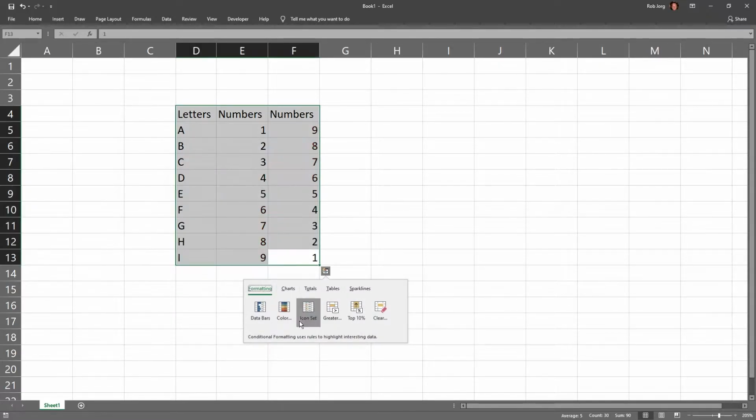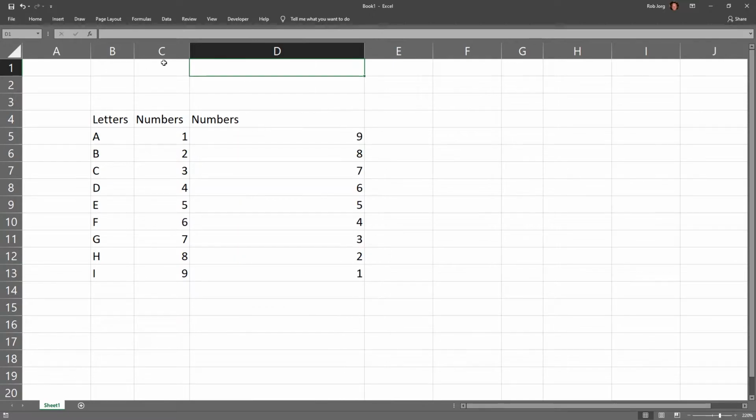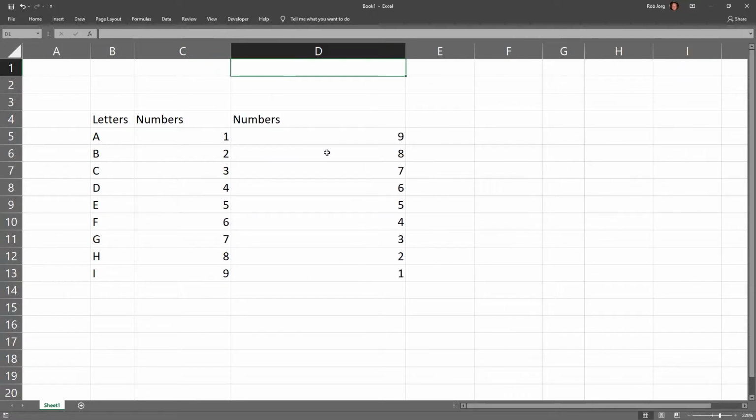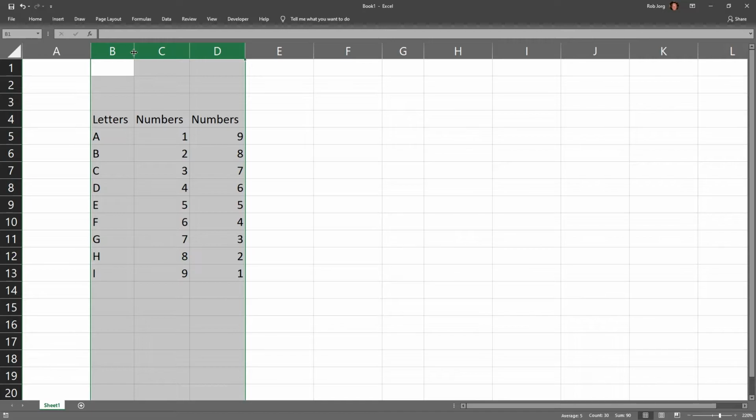The exact same menu. Auto fit column width. So how do you do that? Let's say you have white columns, you want to change that. You can select all three of them. Just go to the top left, select them, and then you double tap on your left mouse button.